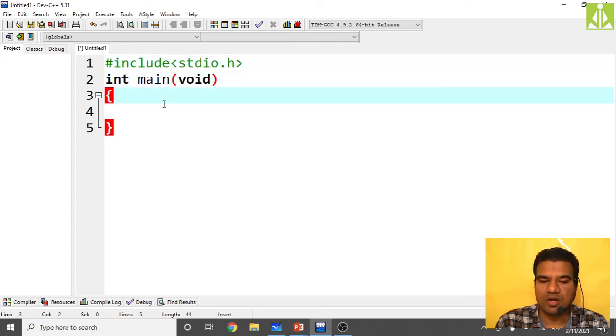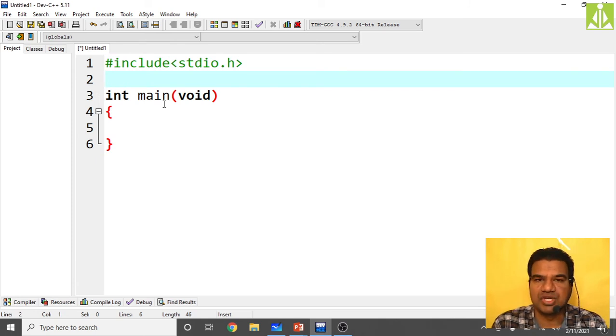Over here, I want to use one function with the name sample. That function will have two ends: the input end and the output end. As this is my first program using functions, I'm not going to pass any input to the function and I'm not going to take any output from the function.